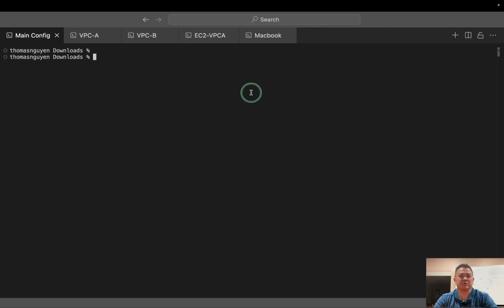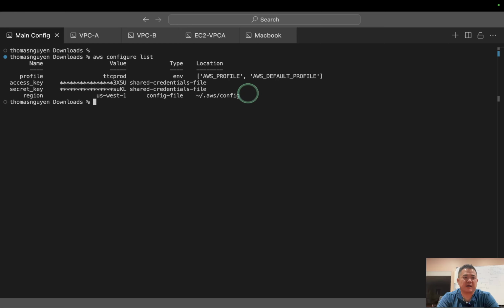For the CLI, I'm going to use the terminal in Visual Code, and to verify that I'm in the correct environment and my profile is set up, I'm going to issue aws configure list. All right, so I am using my correct profile. I am in the US West 1 region, and let's go ahead and configure my VPC A. aws ec2 create-vpc, and